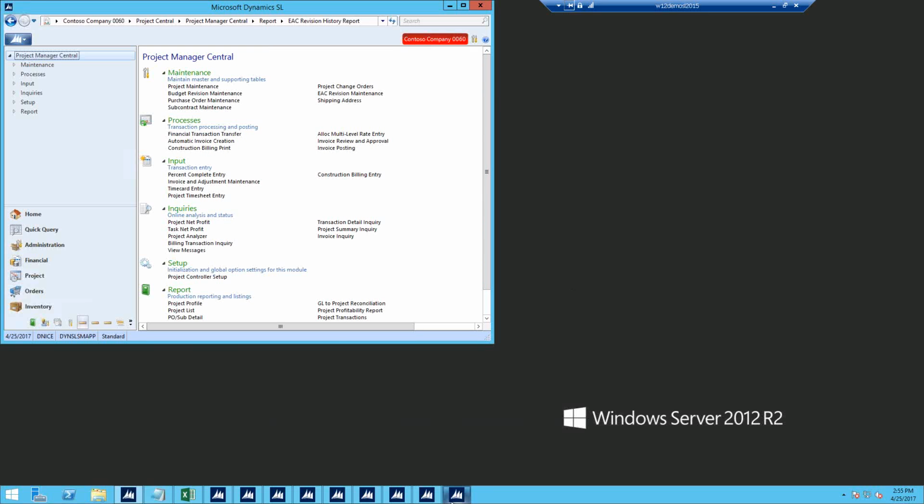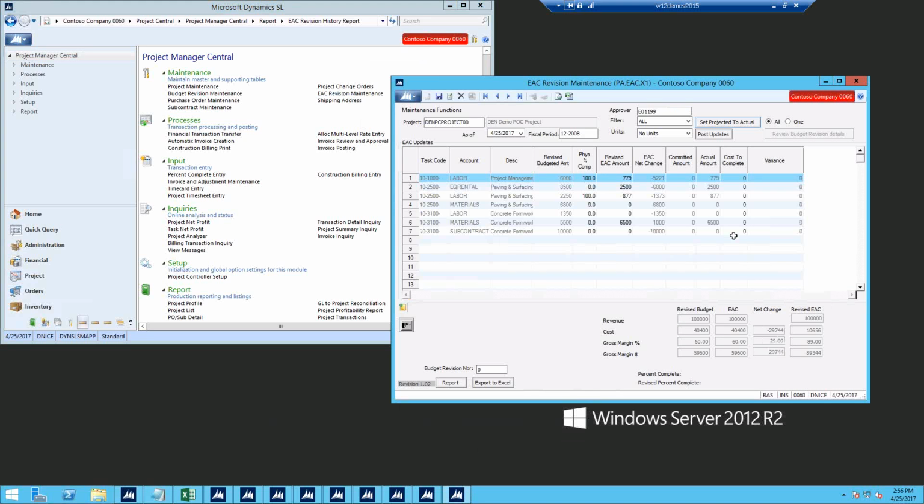Can you bring up the EAC Revision Maintenance screen one more time here? Sure. I think I still got it up. I wanted to point out, for those of you who are interested in doing any period-based budgeting, we also have what we call a spread version of this screen. We don't have it loaded here for Daniel to show you, but